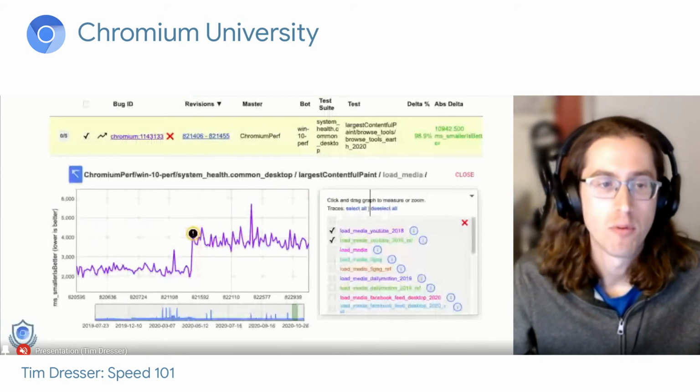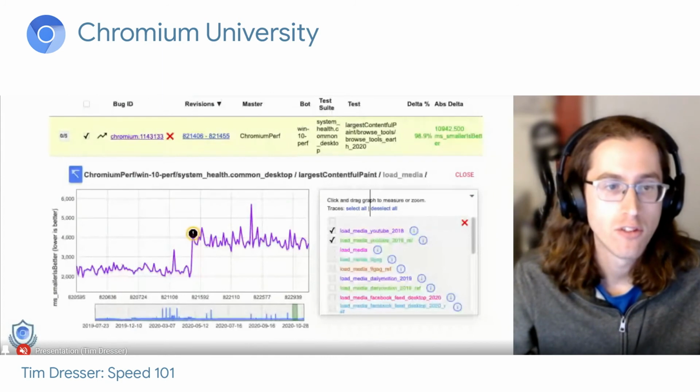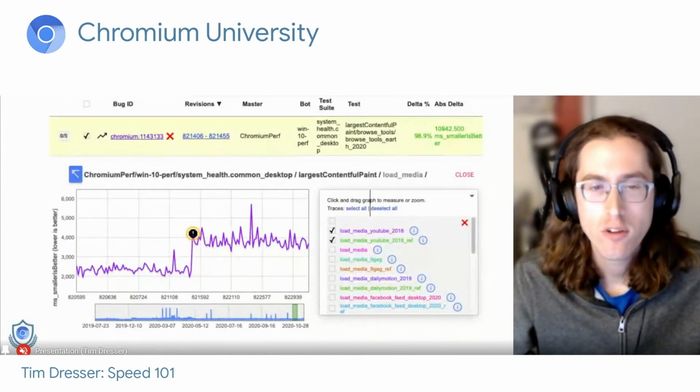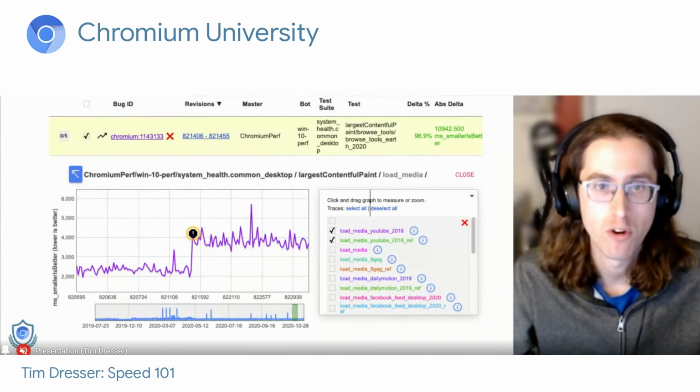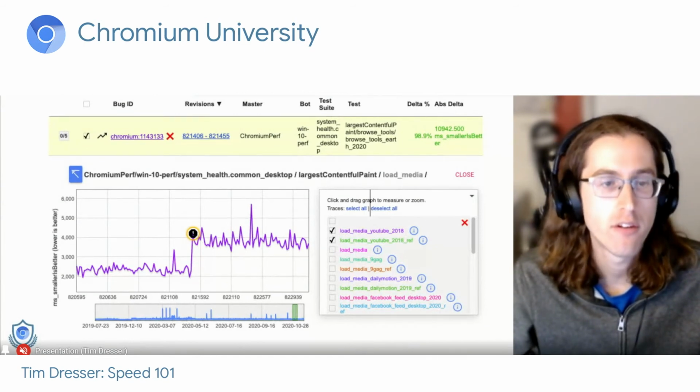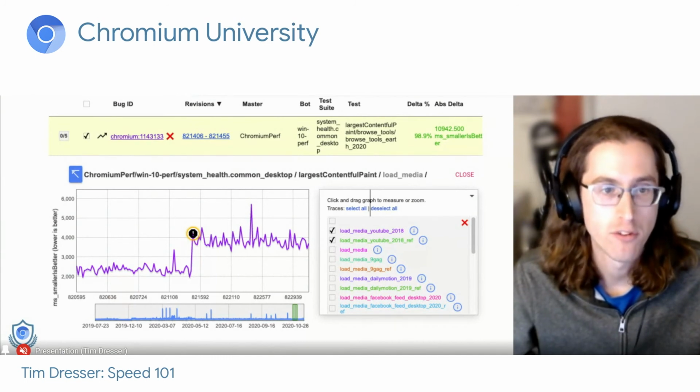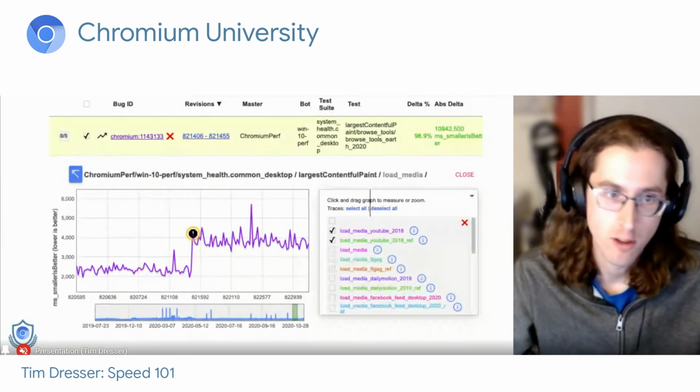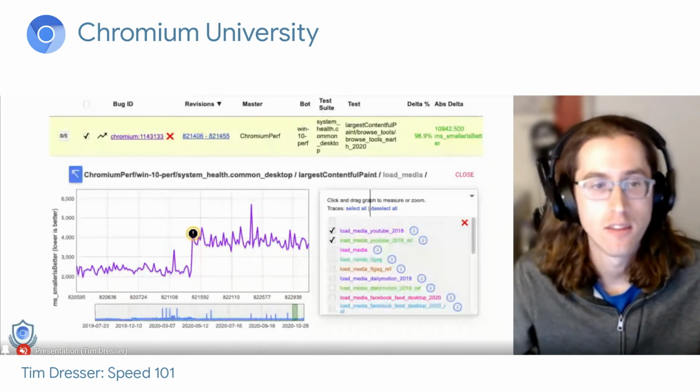This is an example of the data gathered by the performance lab. On the x-axis, you can see the revision number. We don't test at every revision. We test as frequently as we can, but we normally have a number of revisions lumped together. And when a regression is detected, as there was in the middle of the graph here, we automatically file a bug, trigger a bisect, and then assign the owner appropriately.